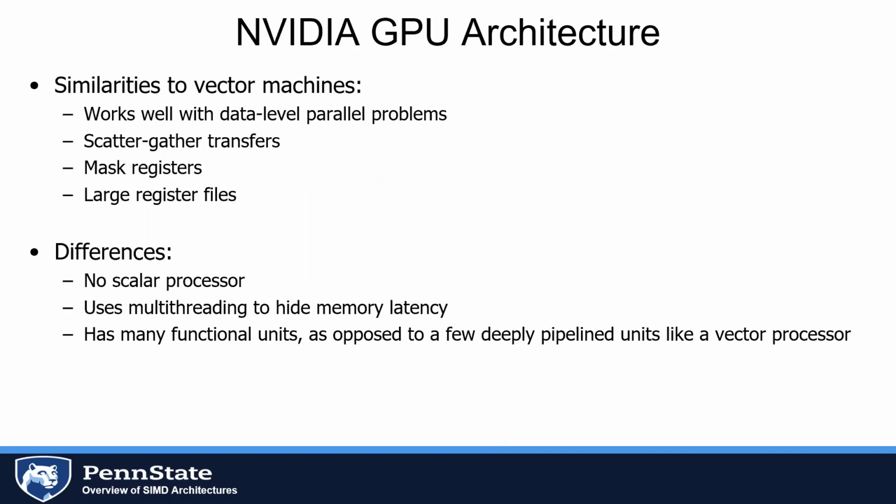Okay, so what are they good for? So let's decode some of these things in this slide. Unlike a vector processor, there's no scalar processor. It's all data parallel processing all the way down. We'll talk about the multi-threading to hide latency in a second. When they say large register files,